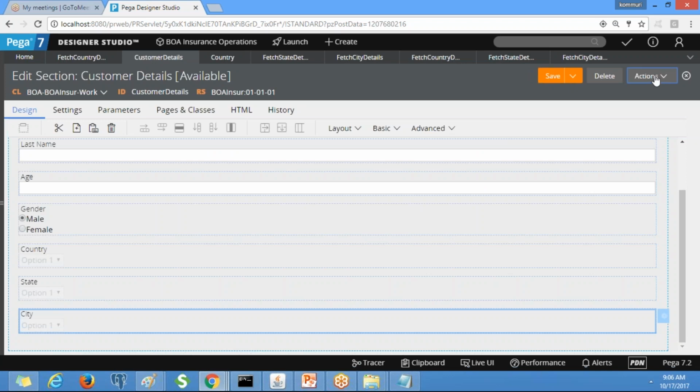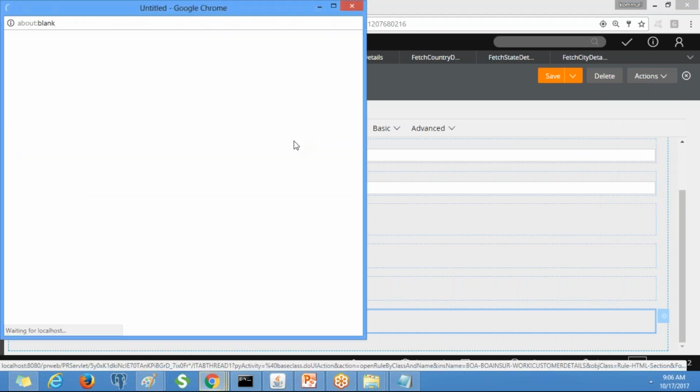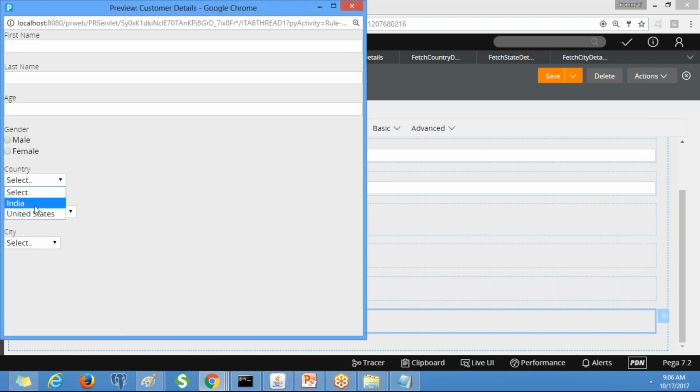Now you can test it. Go to the preview. India, working fine, right? If you select United States, you will have California. Clear? Or any doubts?